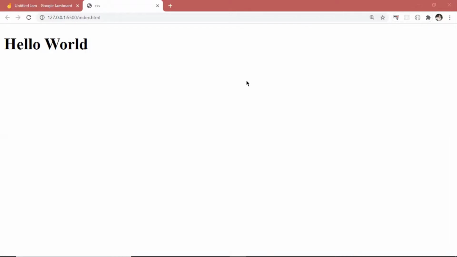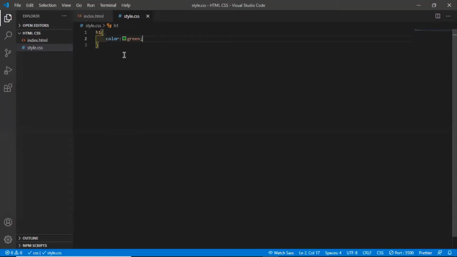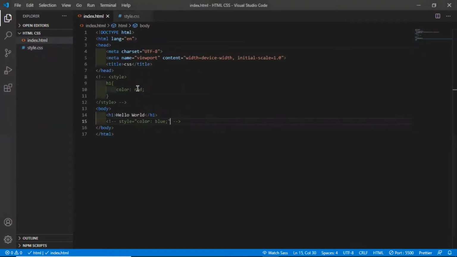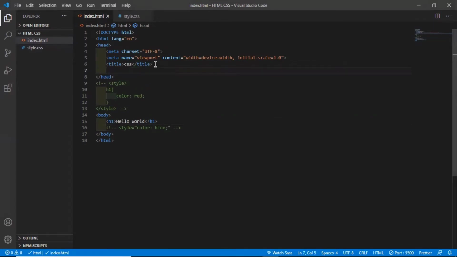So what I'll do to connect it is go back to our index file and write in the head. I will write link and press tab. It gives link rel as stylesheet. So this is a style sheet, the style.css, and href, which means we have to link the file. For that, I will put dot slash and select style.css.